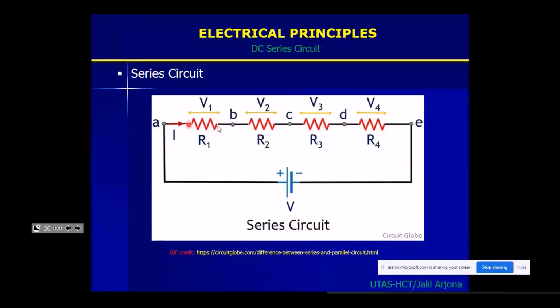When a series circuit is supplied by a voltage source, instantly there's a current flow, and every resistor, across here, A and B, will have a voltage drop: V1, V2, V3, and V4 respectively. These voltage drops occur according to the values of the resistance and the voltage supplied by the source. These are called voltage drops.